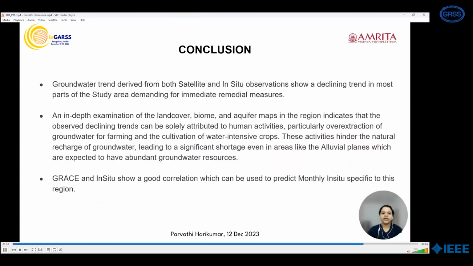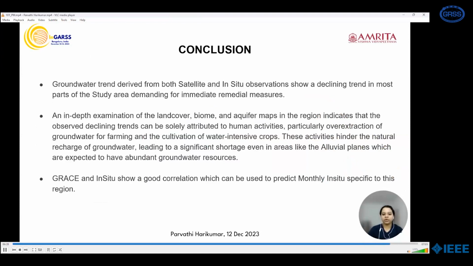In conclusion, it can be said that the declining groundwater trend, evident in both satellite and in situ observations across the study area, underscores the need for immediate remedial actions. A detailed analysis of land cover, biome and aquifer maps reveals that human activities, specifically over-extraction of groundwater for agriculture and water-intensive crops, are the primary contributors to this trend, hindering natural recharge and causing shortages even in areas expected